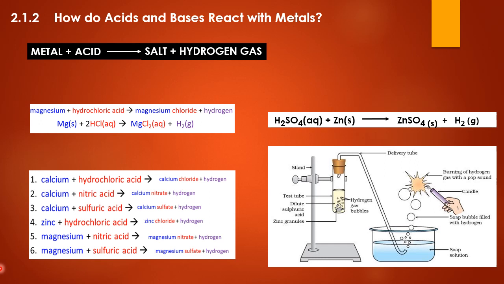What happens when metal reacts with base? All the metals do not react with base. But here is a special reaction between metal and NaOH and it gives Na2ZnO2. Hydrogen gas is released over here also. So when base and acid react with metal, hydrogen gas is released. But remember one thing, that all the metals do not react with base. In this special reaction between metal and NaOH, we get sodium zincate.